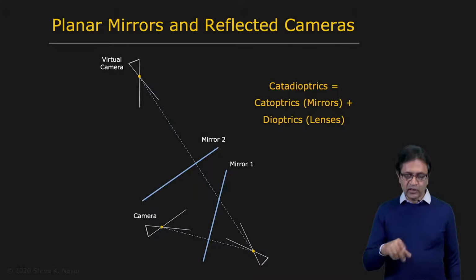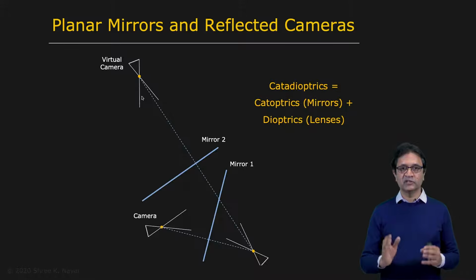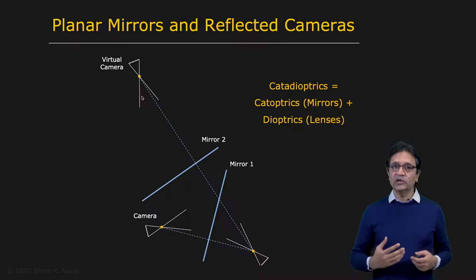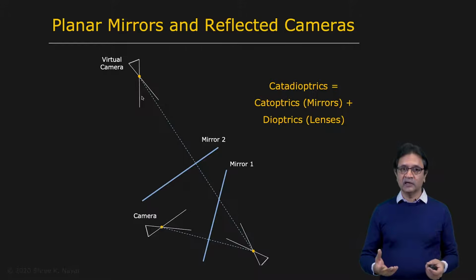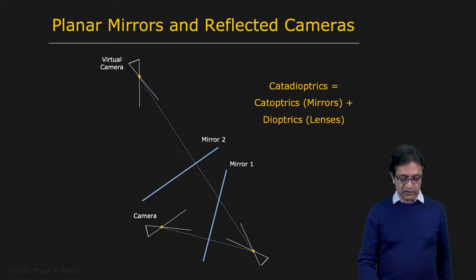Now, in doing this, in playing this game, we have changed around the position and the orientation of the field of view, but we haven't changed the size of the field of view. We have done nothing to the size of the original camera's field of view. The virtual camera's field of view is exactly the same in terms of the size of the field of view. What we are interested in, as you know, is wide-angle imaging. So the question is, how do we enlarge the field of view of this real camera right here? We do this by using curved mirrors.